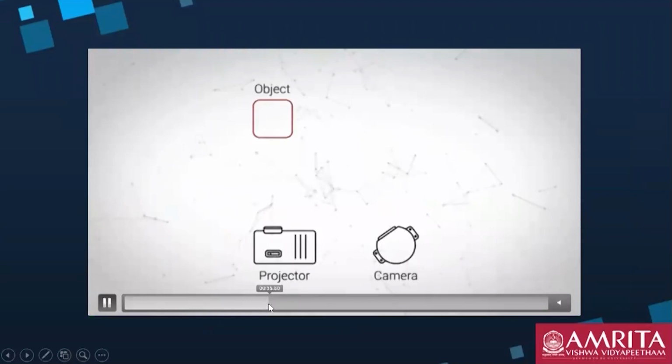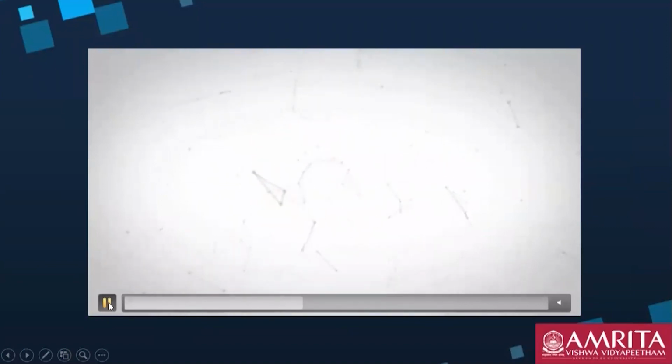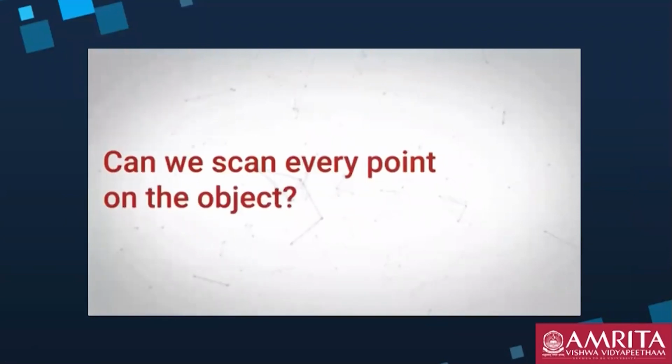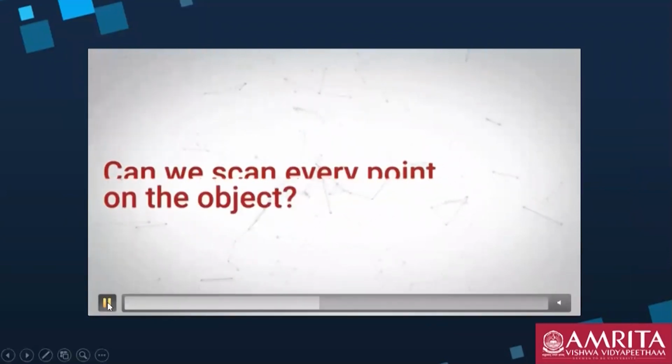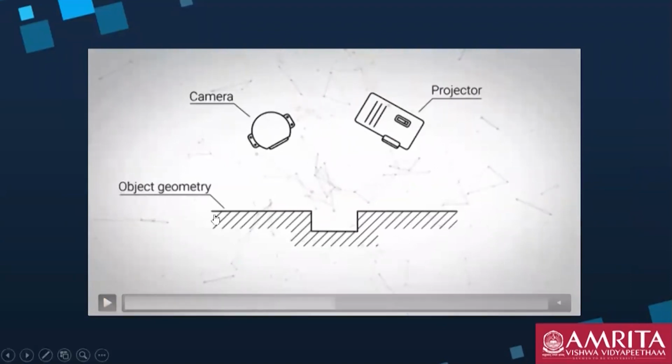From the projector, the light pattern is passed and it is sent to the camera for recording the distorted patterns. There will be some kind of distortion as the object rotates. Suppose there is an object geometry like this. The projector sends the light pattern and the deflected rays are captured by the camera, and this camera captures the texture from all the points.